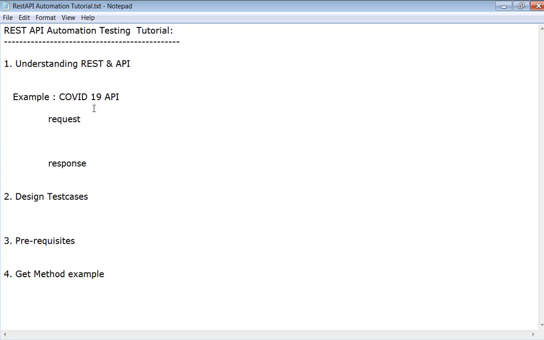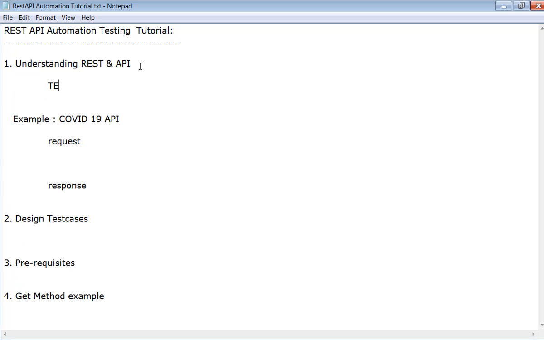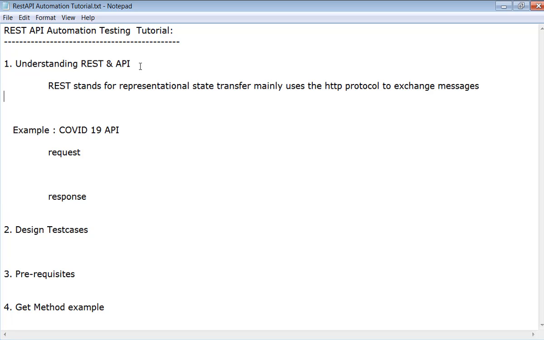So when you say REST, what is REST? REST stands for Representational State Transfer. It mainly uses the HTTP protocol to exchange messages between client and server using different methods such as get, post, put, delete.